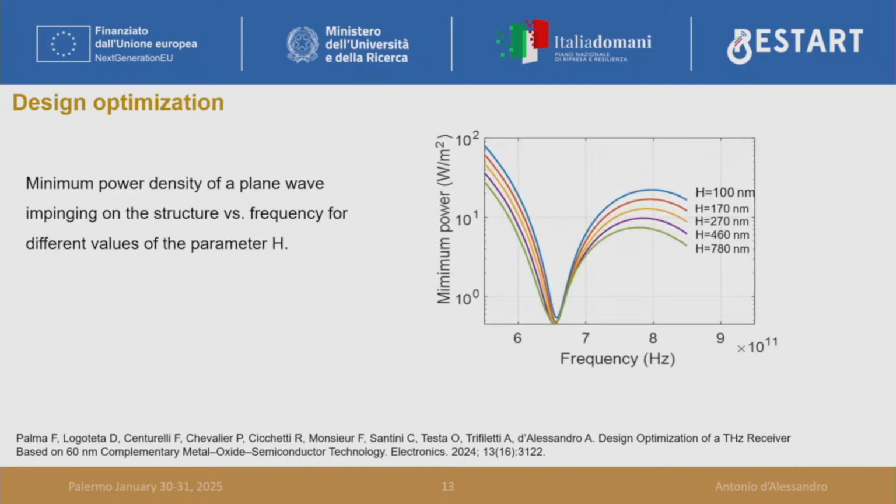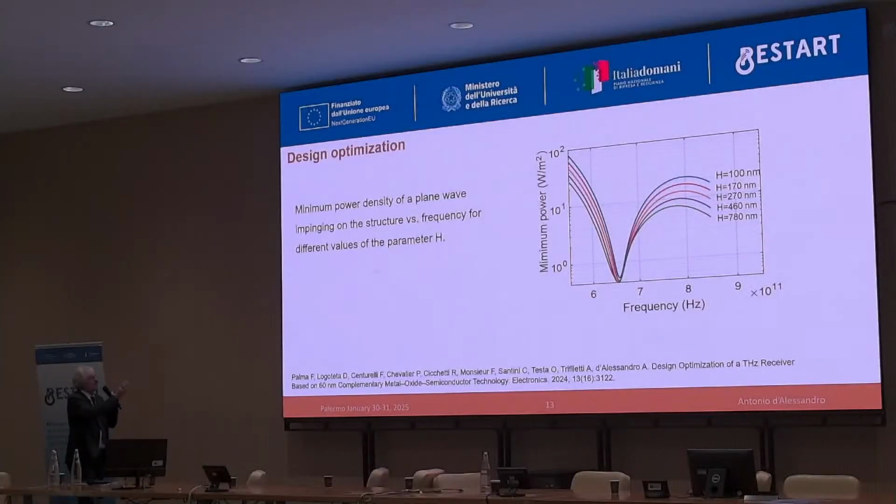Okay, and then further optimization. I just show you this picture. This is a result of a Monte Carlo simulation, which puts together all the parameters in order to calculate the minimum power density of the plane wave impinging on the structure versus frequency for different values of the width of the